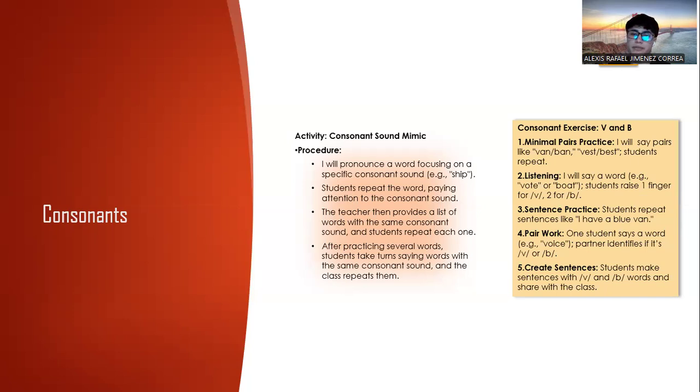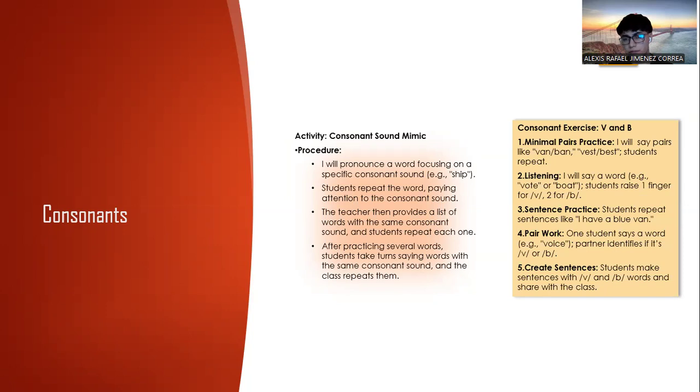The teacher, obviously myself, then provides a list of words with the same consonant sound, and students will repeat each one. And then after practicing several words, students take turns saying words with the same consonant sounds, and the class repeats